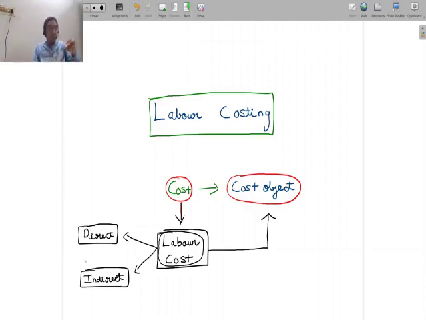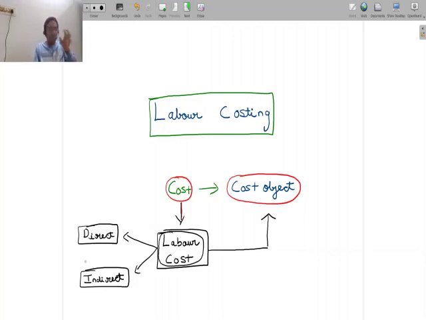Whereas when I talk about the workers producing product A, they spend 5 hours for every unit, and each hour is paid rupees 10. So I can in fact say that 50 rupees is directly traced to one unit of product A, but I can't say the supervisor's pay is directly traced to product A. So in that case, the supervisor's pay is also to be treated as labor cost, but I would classify that as an indirect cost. But I would classify the workers' pay as a direct cost. So what is important to understand is, based on the cost object, labor cost is classified into direct and indirect cost.